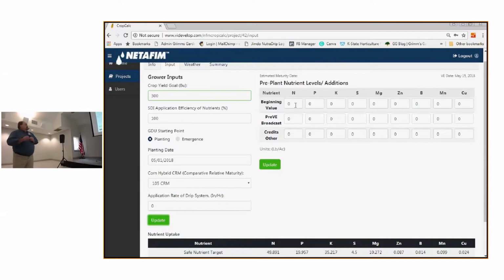So let's plug in some numbers. In my soil test, let's leave nitrogen at 0. Let's go to phosphorus and say we've got 30 pounds of phos. Potassium, we've got 90 pounds of potassium. Yep, 90. Sulfur, let's say 15. Mag, 20. Zinc, 10. Boron, 2. Manganese, 1. Calcium, 1. So that gives me what my soil test